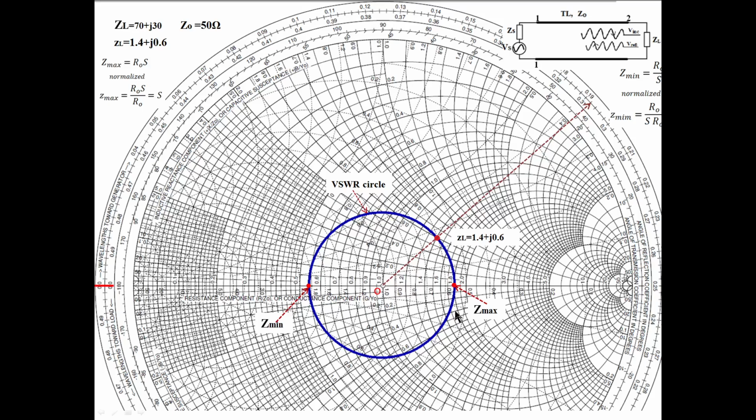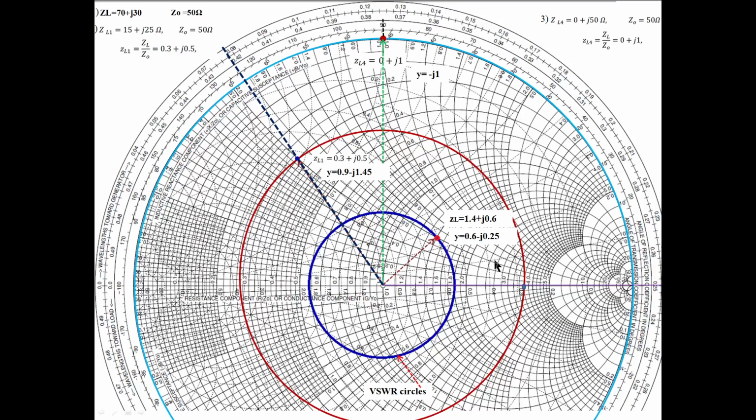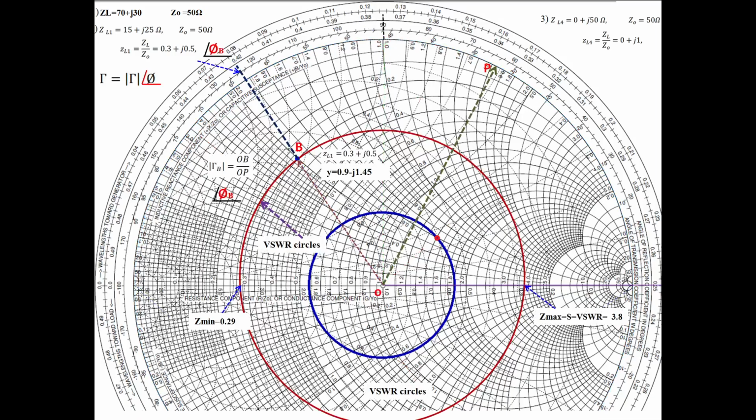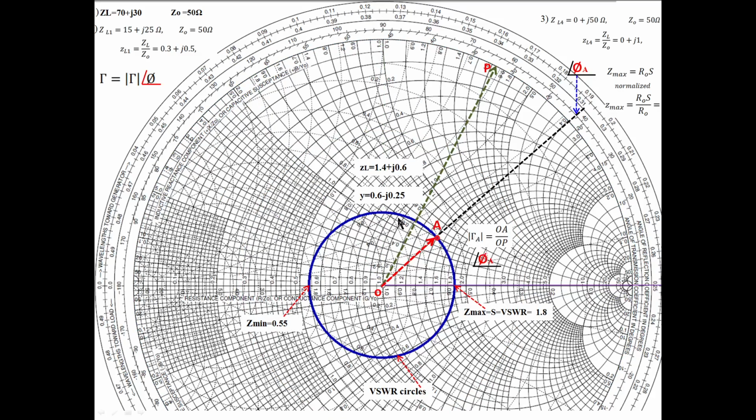But from the Smith chart we can find that easily, instead of using the mathematical equation 1 plus the magnitude of tau divided by 1 minus the magnitude of tau. From the reflection coefficient we can find the VSWR value. Instead, you can find it from the Smith chart easily. To do that, see how to get the value of VSWR from the Smith chart. What we have to do: mark the load. Again, for example, the same load, 70 plus j30, which I have marked here, that is the 1.4 plus j0.6 load value.